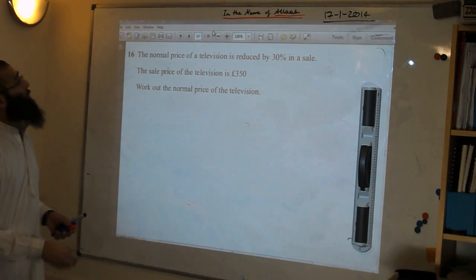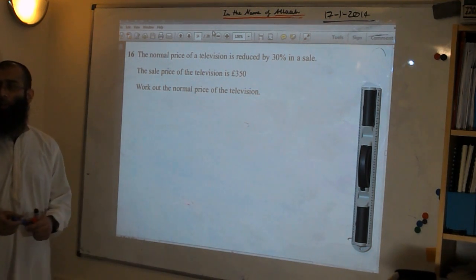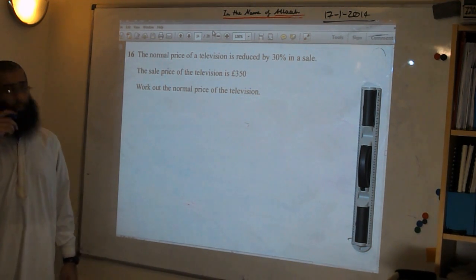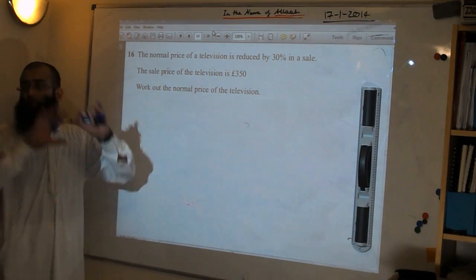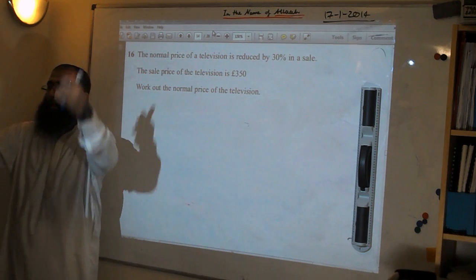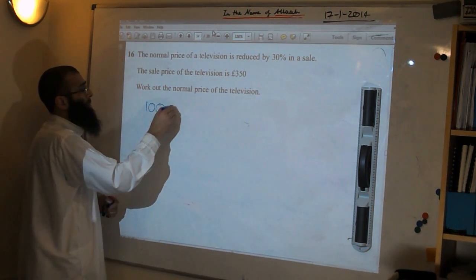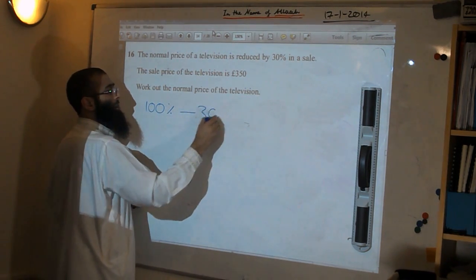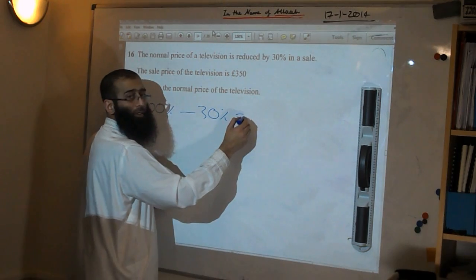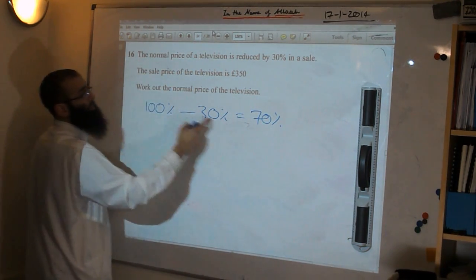The normal price of a television is reduced by 30% in a sale. Now, quick question. What's the normal price of a TV? When you go to a shop, normal price is called how much percent? 100%. So the normal price was 100%. It's been reduced by 30%. So how much is it worth now? 70%. So the sale price is